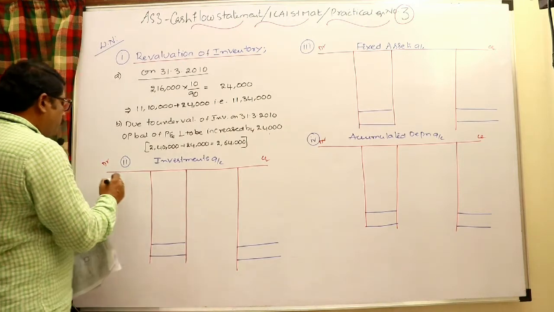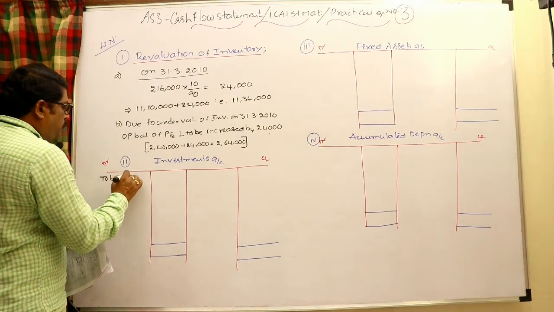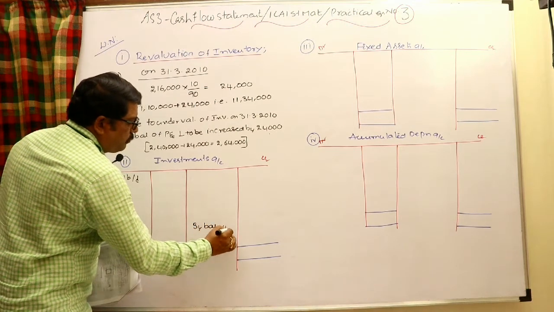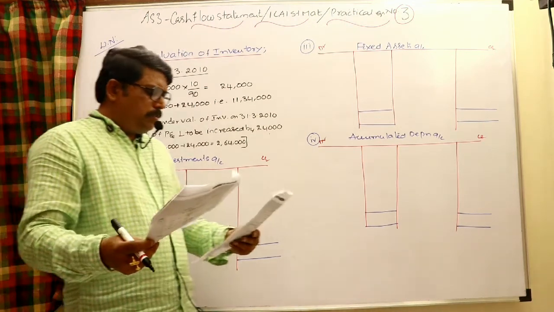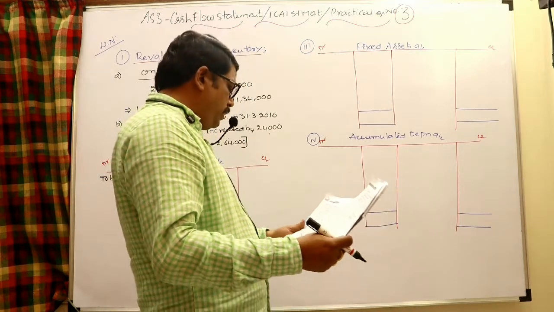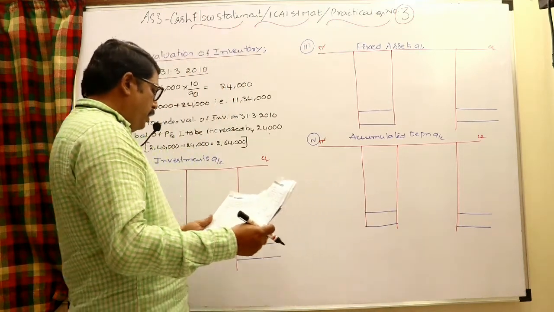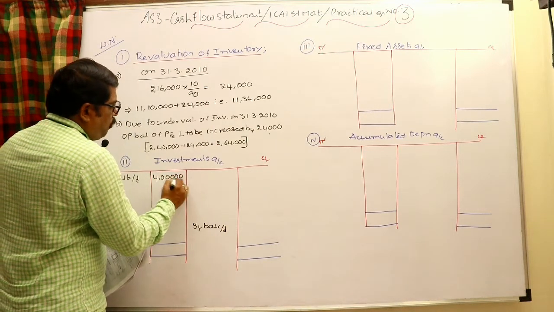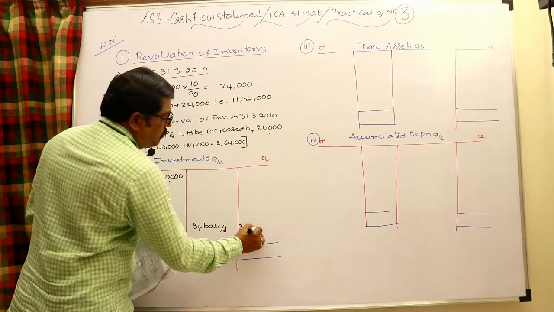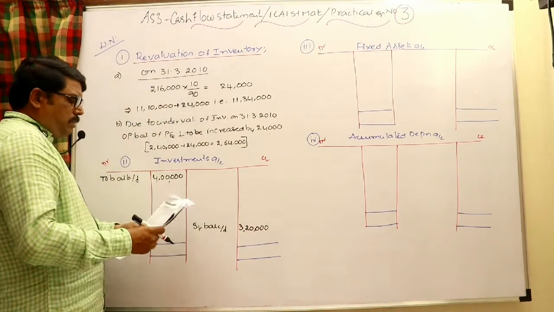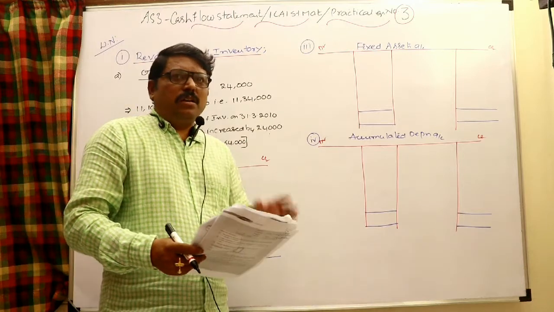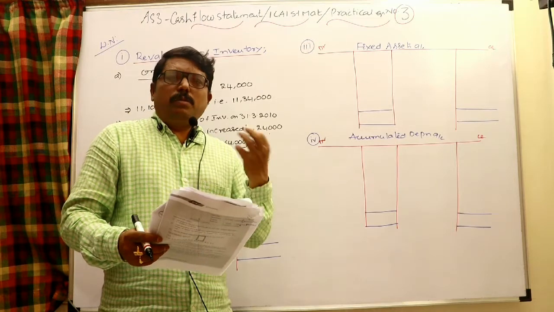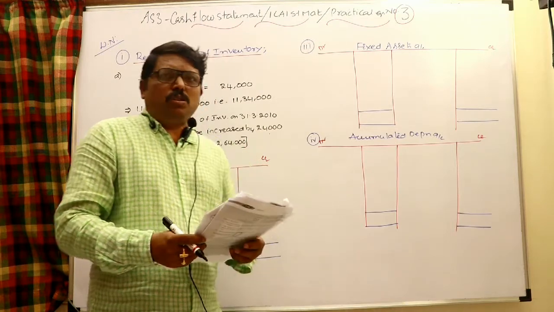Come back to the investments account. First I want to take the opening balance, balance brought down, and closing balance, balance carried down. Look at the investments opening balance, you are given 4 lakhs, closing balance 3,20,000. Moreover, it is mentioned that certain investments are sold, but only the profit generated is given, and how much cash received is not given.